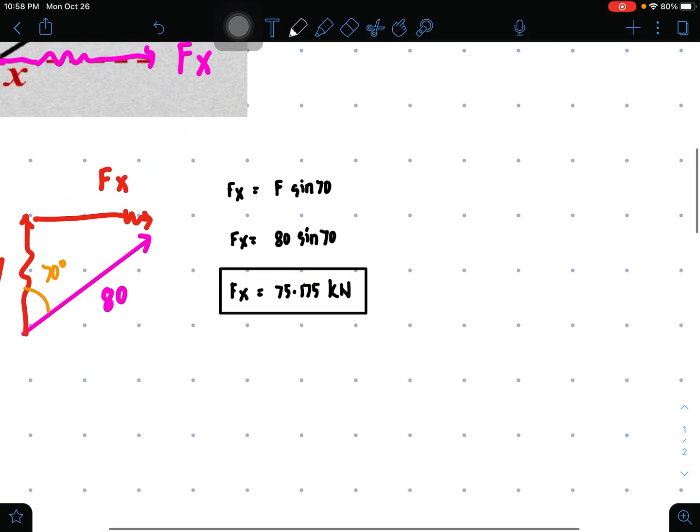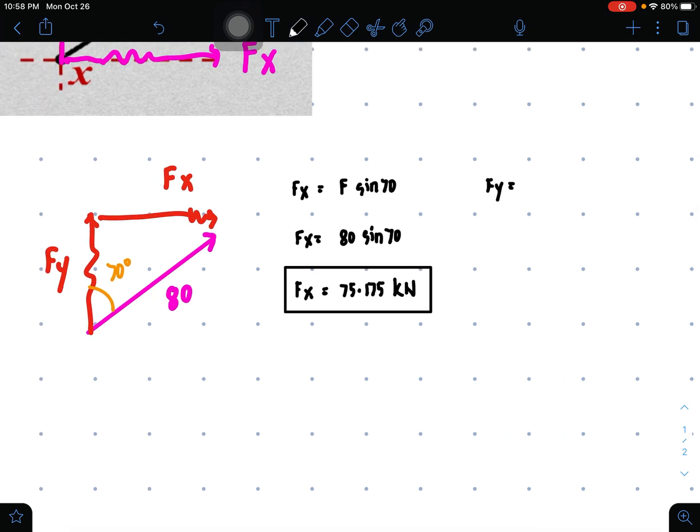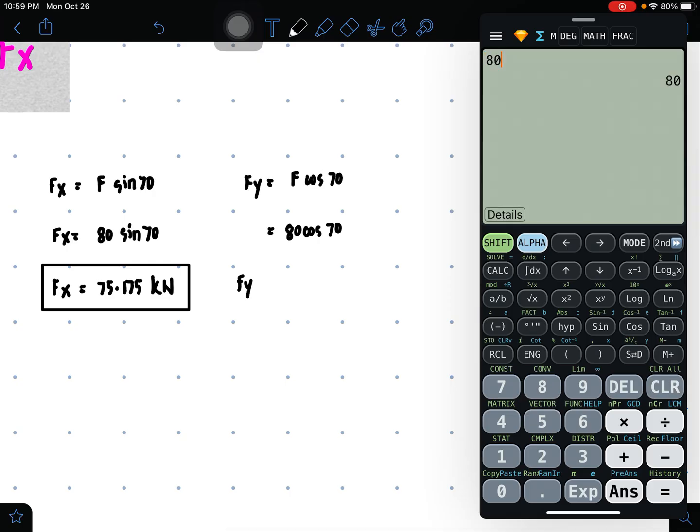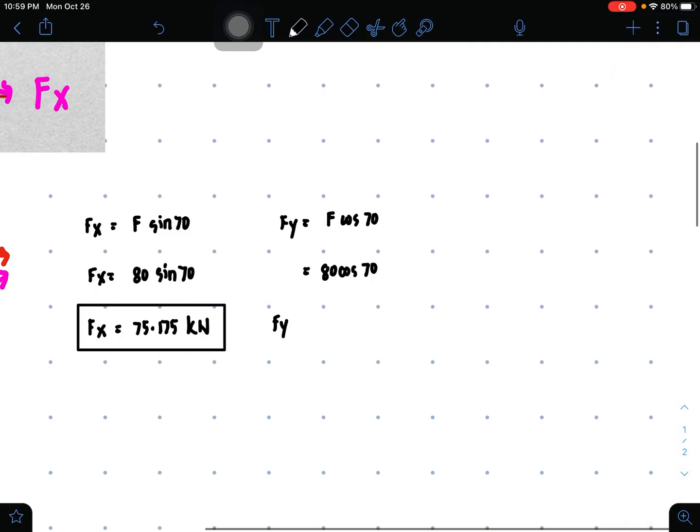How about for your Fy? Fy would be equal to F cosine of 70 because Fy is adjacent. So that's cosine. Here, F is 80 and you have cosine of 70. So Fy is equal to 80 cosine of 70, and that's 27.362 kilonewtons, and this is your